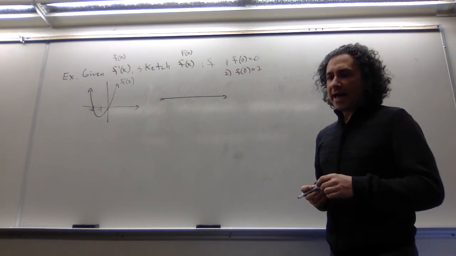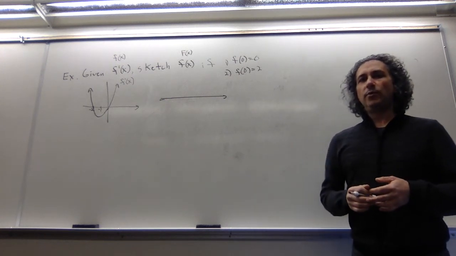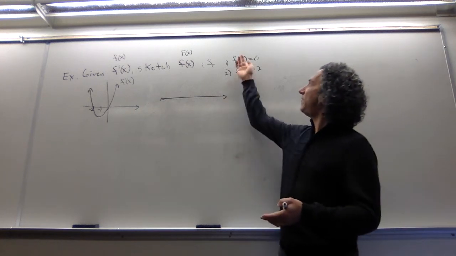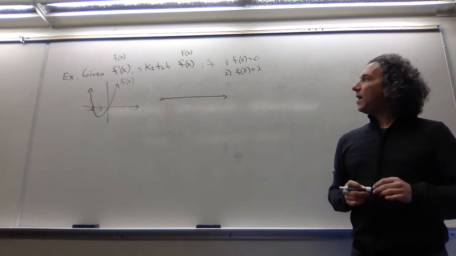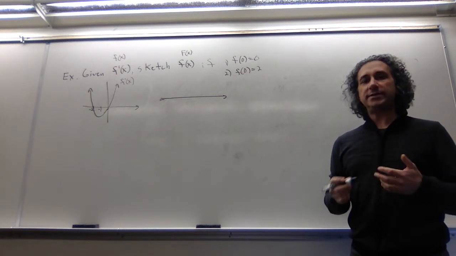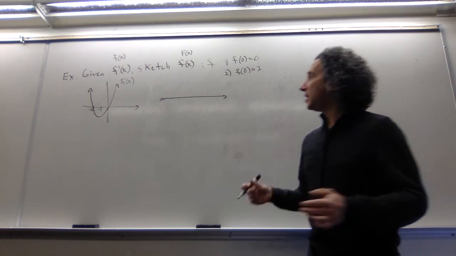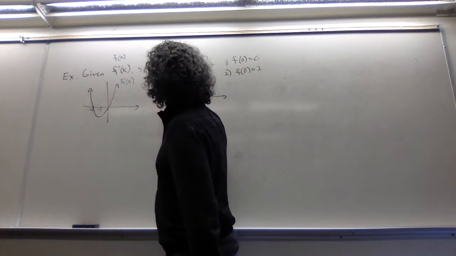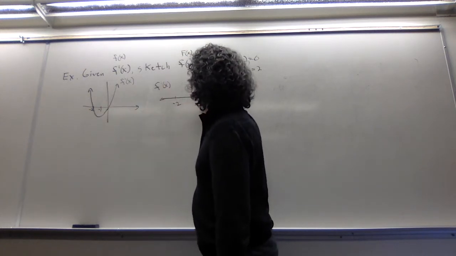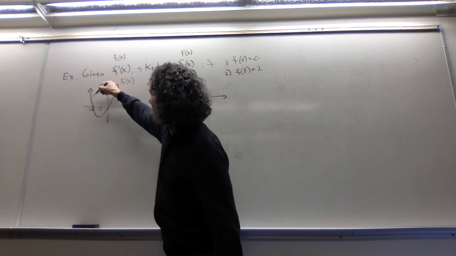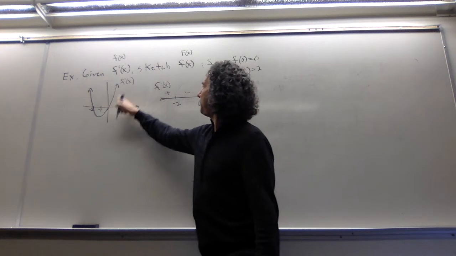So the first question that I have is, what information about f prime will be helpful in getting a rough sketch of my little f function here? And hopefully you're thinking, well, it's important to know whether f prime is positive or negative, because that'll tell me if my original function is increasing or decreasing. So with that in mind, at negative 2, this is an f prime of x sign chart, 0. I'm putting those on there because f prime is positive here, f prime is negative here, f prime is positive here.